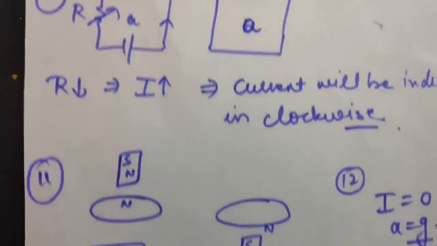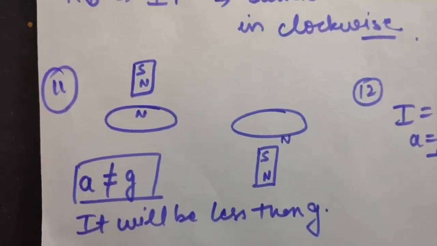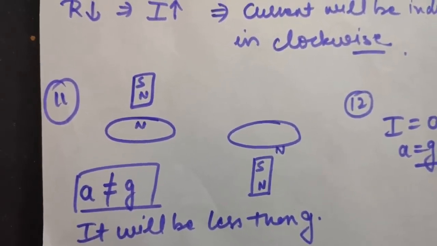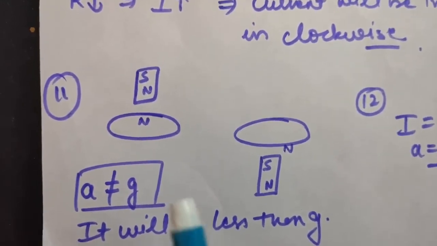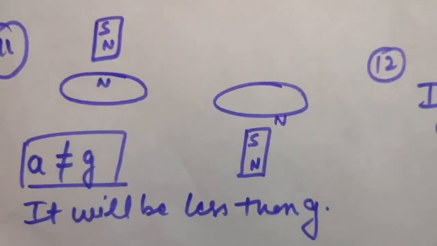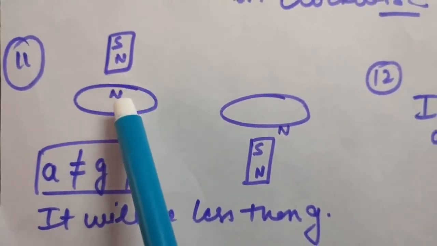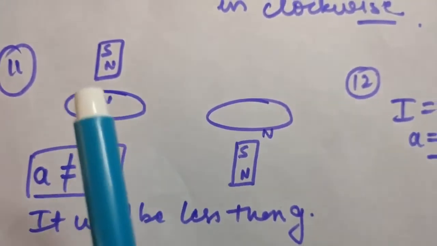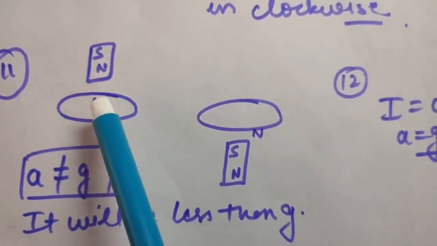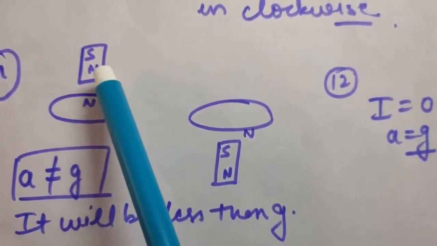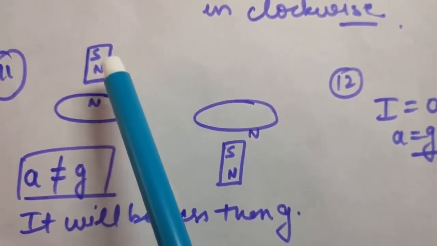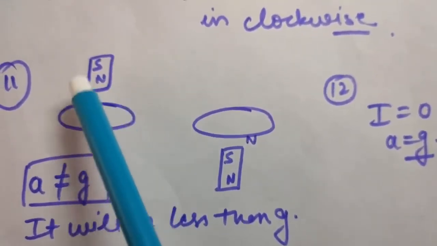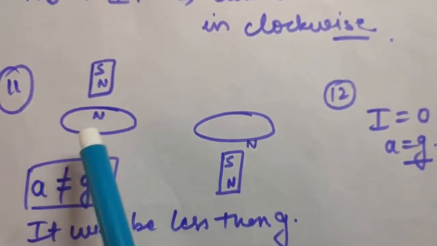Okay, so the next question is question number 11. It says, if the magnet is falling through a ring, what will be its acceleration? Will it be equal to g or not? Now clearly look here. Suppose this is the north pole. Then when this north pole will fall towards this, the upper face of this coil will acquire north polarity. You know this. So when it will approach this coil, its motion will be opposed, because there will be a repulsion between north and north. So its motion will be opposed. Now, if the motion is opposed, that means its acceleration will not be equal to g. It will be less than g.